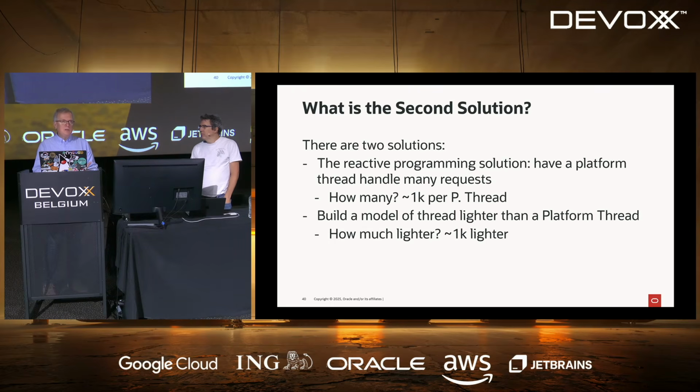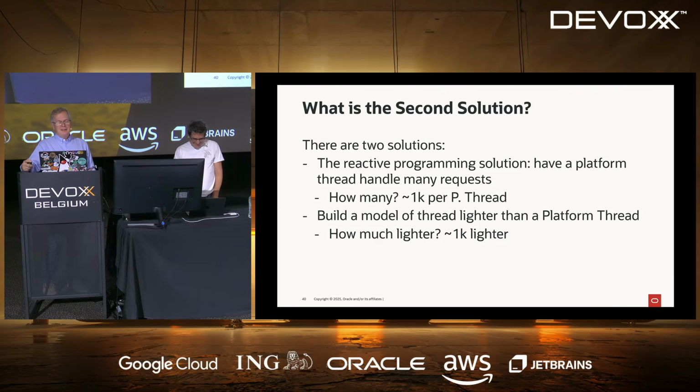And how much lighter? Well, it has to be this factor of 1,000, which comes from the difference between the network latency and the time scale on which the CPU is working. This factor 1,000 has to be there, right? So this virtual thread needs to be 1,000 times lighter, memory-wise and CPU-wise and everything, than your platform thread. So on a machine where you can launch 1,000 platform threads, you need to be able to launch 1,000,000 virtual threads in the same configuration. Okay? Many people will say, oh, launching 1,000,000 virtual threads, that is just marketing. Yeah, I'm not going to say it, but you see what I mean.